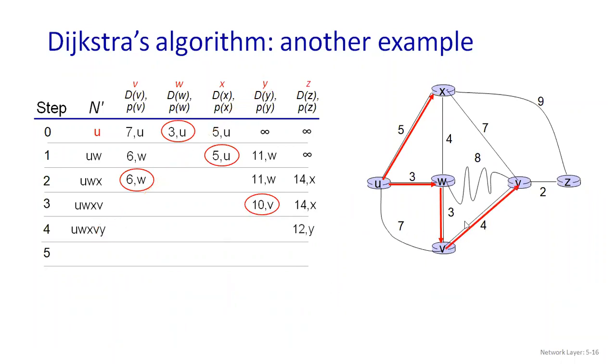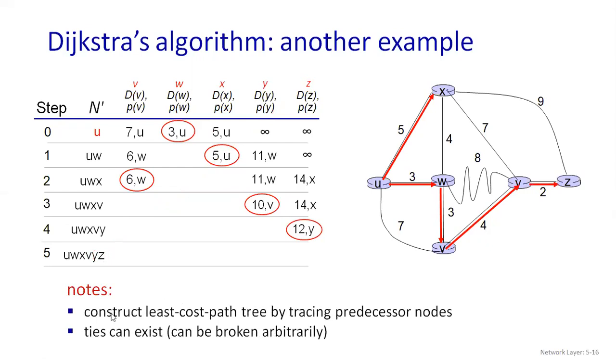Now what do I have to do? Now I can give, because my node has been connected. So 3 plus 3, 6, plus 4, 10, plus 2, 12. I have to change this 14 comma X, and I'll give it here as 12 comma Y. I got the connectivity here. Next, this is the lowest one, I have to connect that also. And here what I have found is that this is my shortest path, a direct link path to reach my destination. So you need to trace your predecessor nodes, and you have to find out Dijkstra's algorithm in this way.